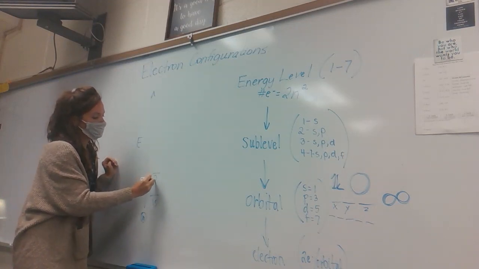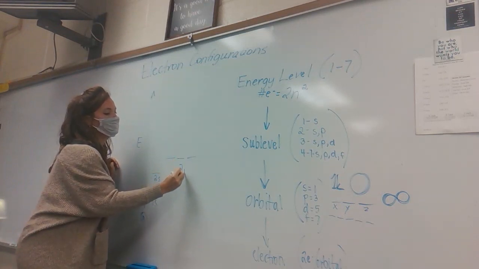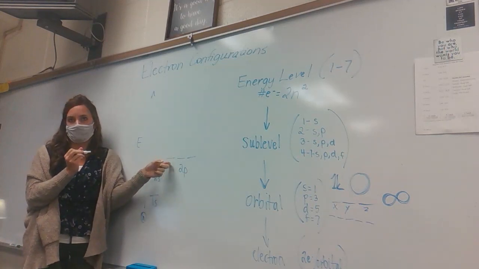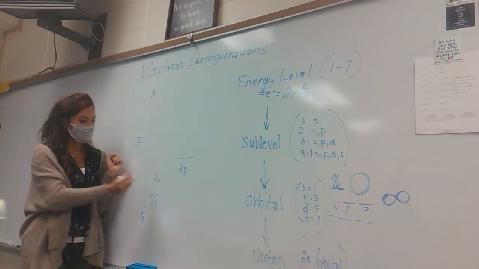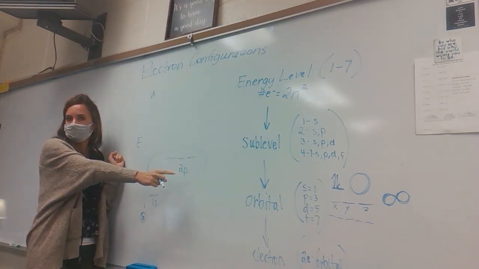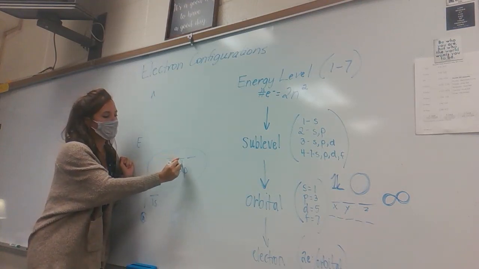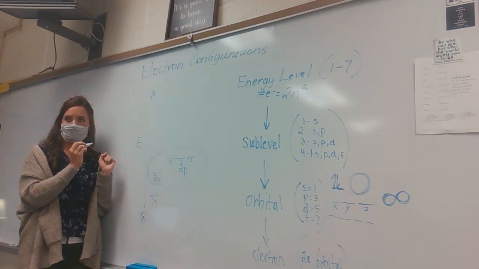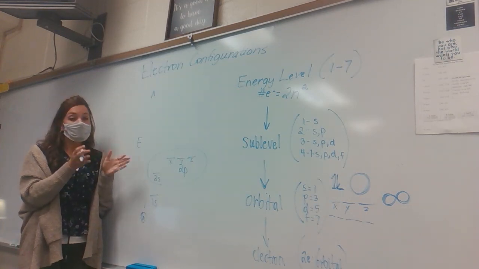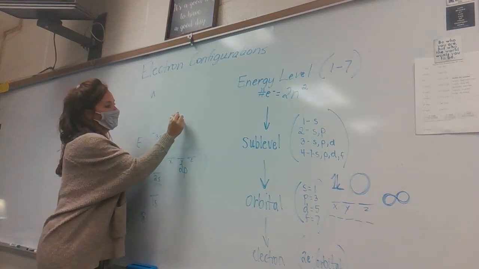And then 2s, and then 2p. S is a little bit closer to the nucleus than p. They're still both in the second energy level. This is all one energy level, but S is just slightly closer than p. These are the 3 orientations, X, Y, and Z. That's it. The second energy level only has an S and a P, so we move on to 3s,